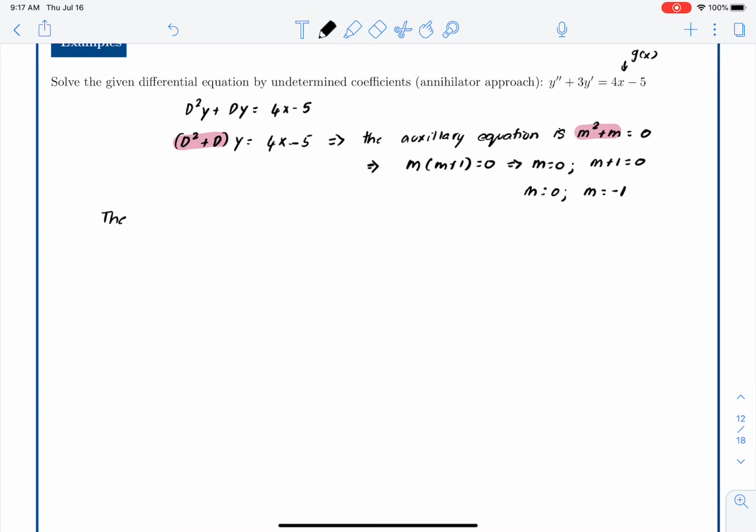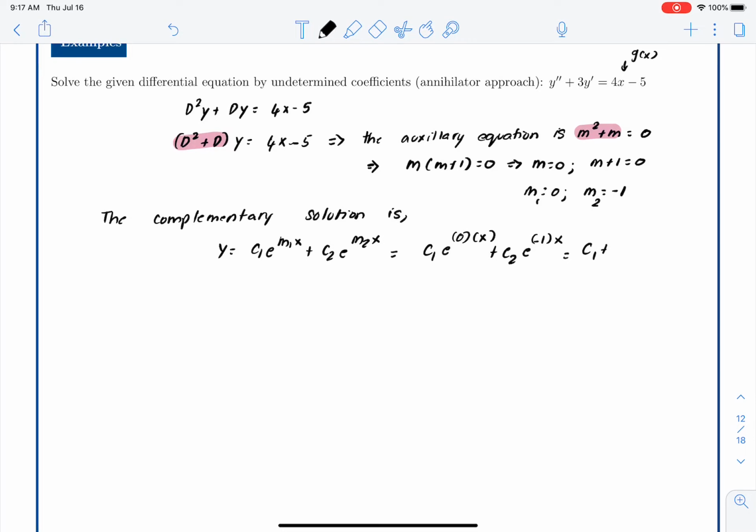So the complementary function or solution is y equals c1 e raised m1x plus c2 e raised m2x. So c1 e raised 0 times x plus c2 e raised minus 1 times x. So I have c1 plus c2 e raised minus x. Now going back to the non-homogeneous equation,